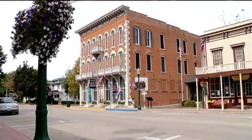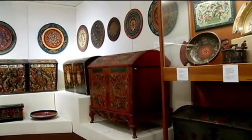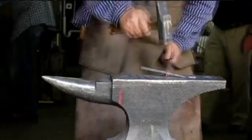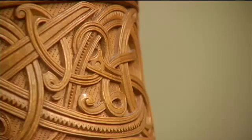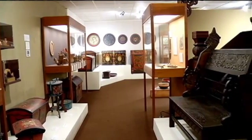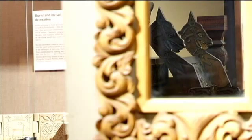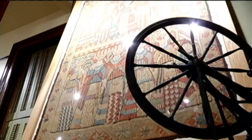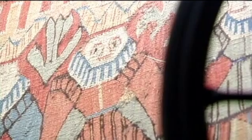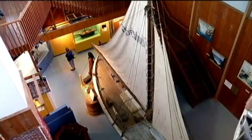The fresh flowers and flags of Norway are your first hint of what waits inside at the Vesterheim Museum. It is hands-on art, amazing wood carvings, and more than 50,000 artifacts and photos dedicated to celebrating and preserving the heritage of Norwegian-Americans. Among the treasures, the 400-year-old tapestry, 5 Wise and 5 Foolish Virgins, and the star attraction, the